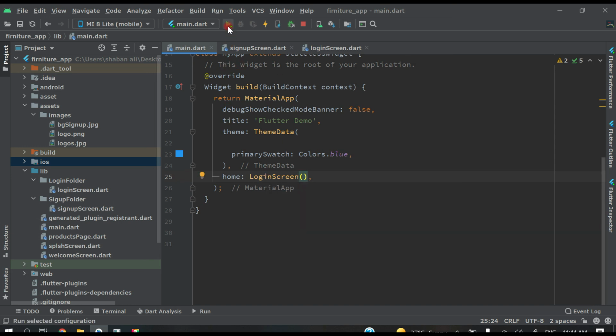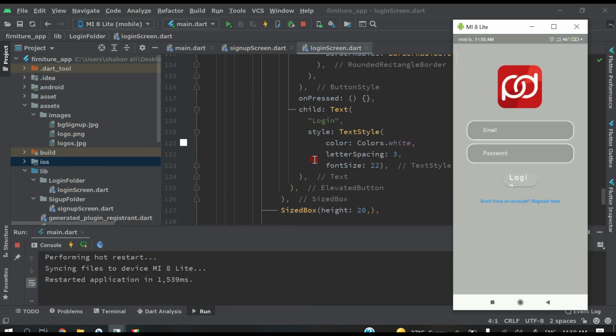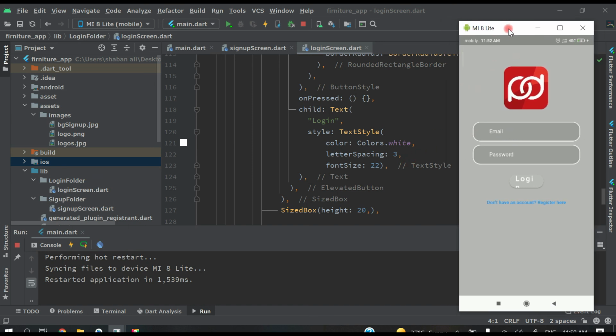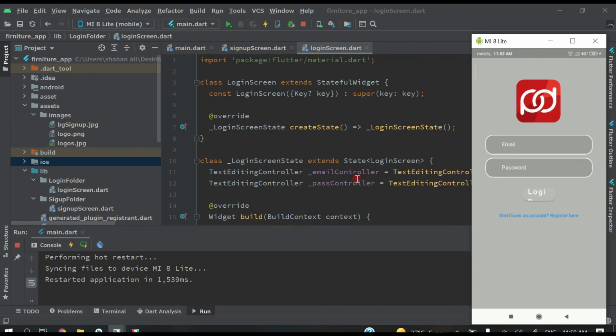Now again rerun, press here, and as you can see we have this, but we have to give something more inside this login screen. So come here and go above,